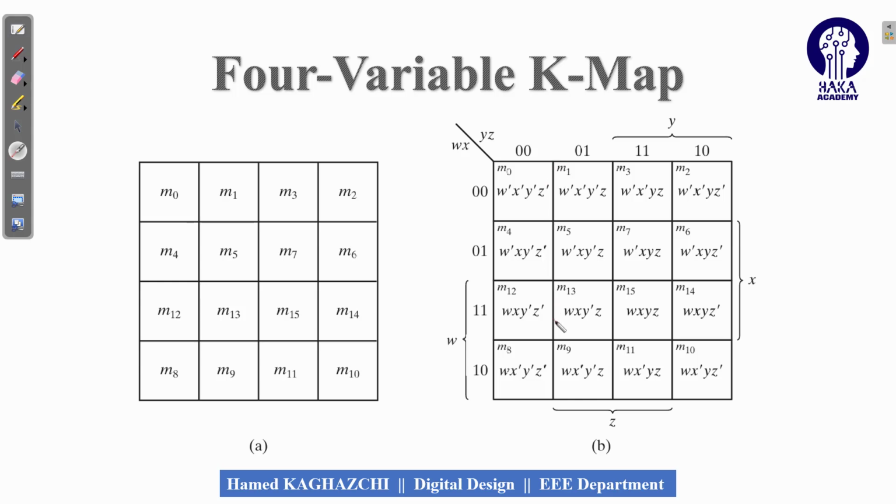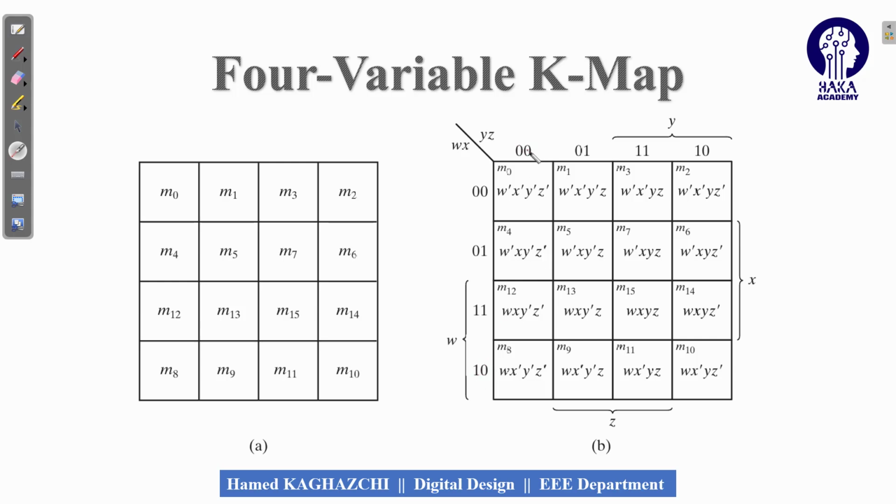Similarly, in the same form, vertically we divide in this form. The middle one is written as Z, the sides are written as Z prime. Same as the previous one, because here we have Y prime and X prime, write 0, 0. Here we have Y prime and X, write 0, 1. Here we have Y, X, write 1, 1. Here we have W, X prime, we write 1, 0.